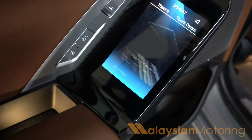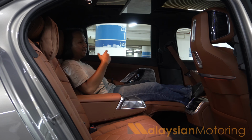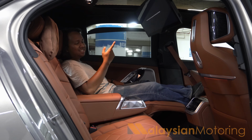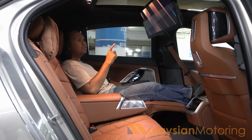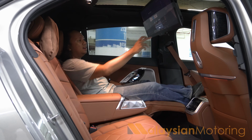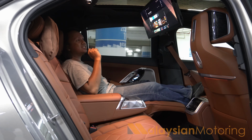Now, the other trick that this car has is something called theater mode, because if you watch any other content about the i7, you would know that there is a 31-inch 8K television screen right here. Now, in other markets, this screen comes with a built-in Amazon Fire Stick. Now, obviously, that doesn't work in our market, and so here, instead, we get a Mi Stick as standard, which